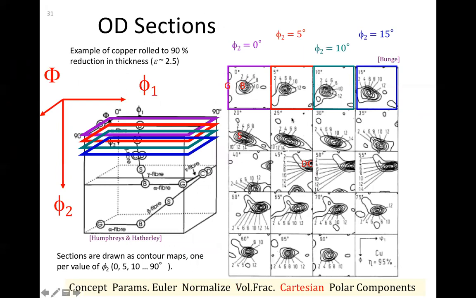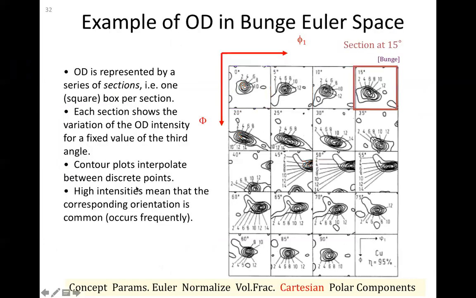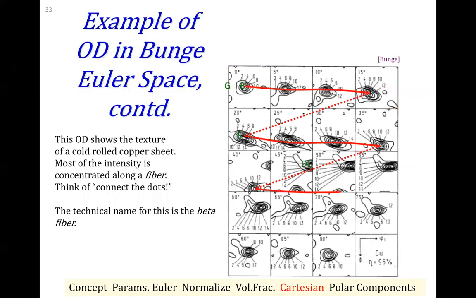All right, and this just is how we typically display orientation distribution functions. We look at different slices in phi2. Here's our 3D space. We slice it this way, and we stack those slices up as either color maps or contours. Interpreting these is kind of tricky. We have different fibers, different texture components in here that arise by processing, and there's a lot of nomenclature and taxonomy. Okay, and so here, when I say fiber,